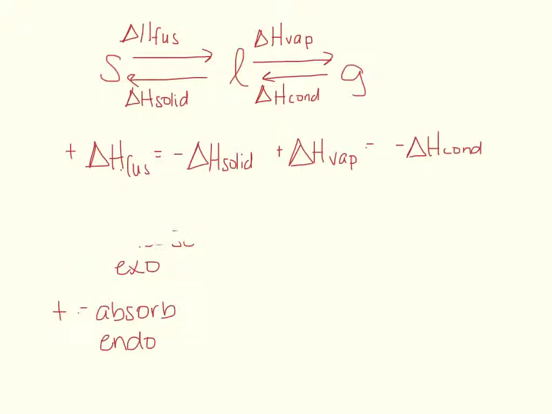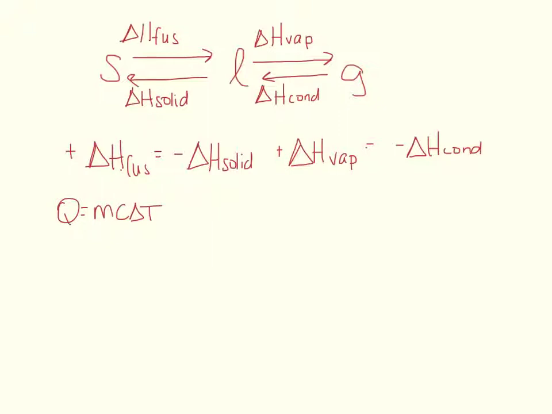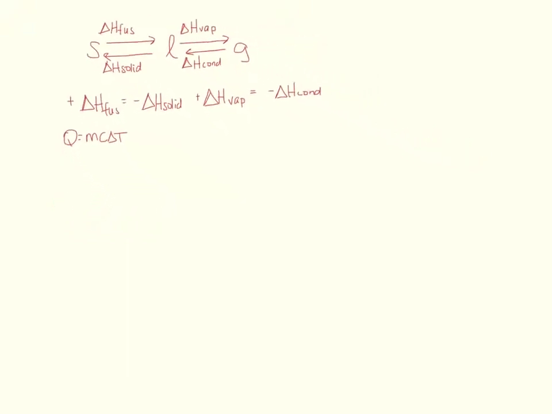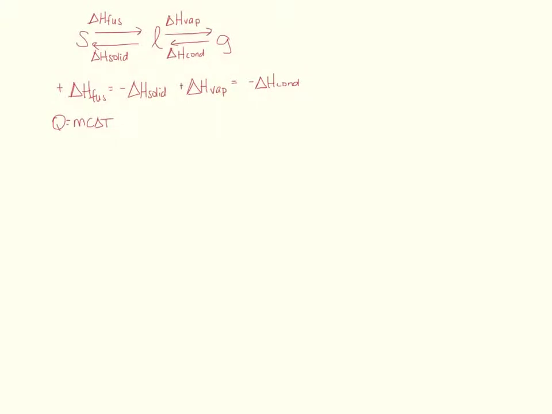So we can get rid of this. When we are working with these delta H's, oftentimes they're going to be in combination with our Q equals MCΔT equation. Remember, our Q equals MCΔT we're going to use only when we're in a single phase. Our delta H fusion, solid, vaporization, and condensation we're going to use when we're changing phases. So we're going to combine them when we're moving between two temperatures in which we have a single phase and a